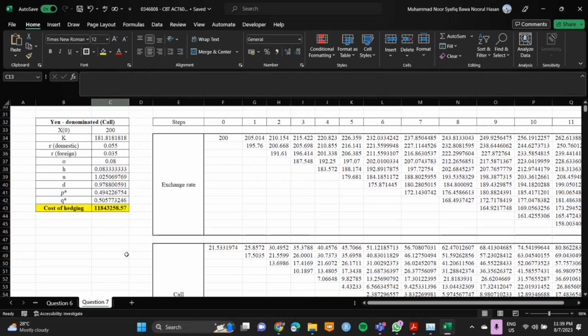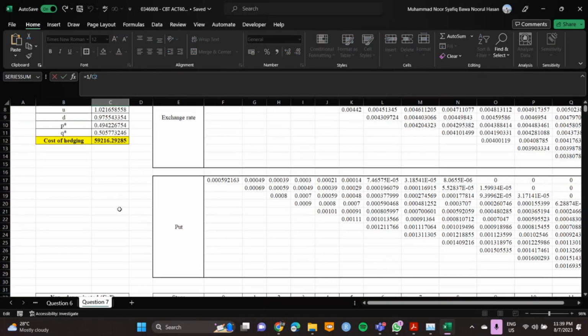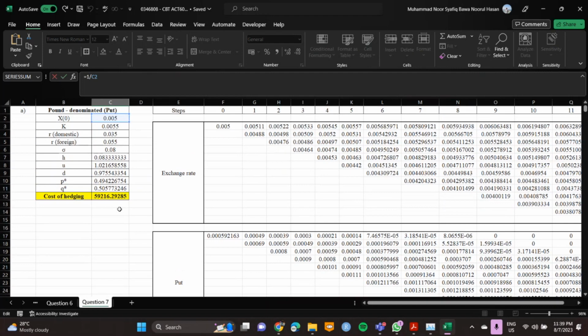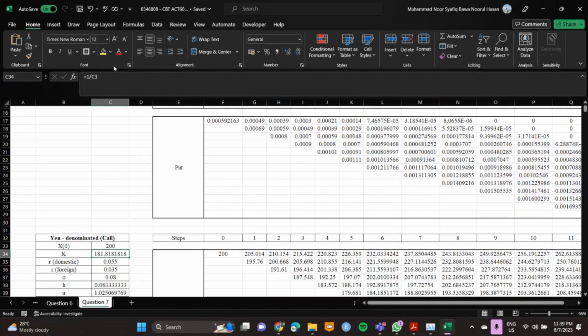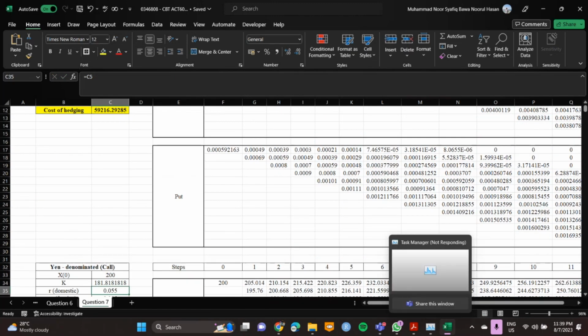So the same steps are for the exchange rate for the call. But in this case, for call, for yen denominated, of course, we must change the X naught, which is 1 over the original X naught given in the question. And the K also will change to 1 over the original K given in the question. Because when we look back at the question,